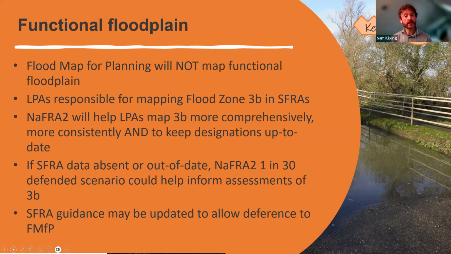We do intend to update our How to Prepare a Strategic Flood Risk Assessment guidance on gov.uk to steer how local authorities should use the new data to help to map functional floodplain. The guidance might allow an approach where strategic flood risk assessments defer to data hosted on the flood map for planning rather than mapping it within the SFRA itself, provided such an approach is agreed locally. This would, of course, have the advantage of being more visible to planners and developers and would ensure functional floodplain extents are updated as any new data emerges. Next slide, please.